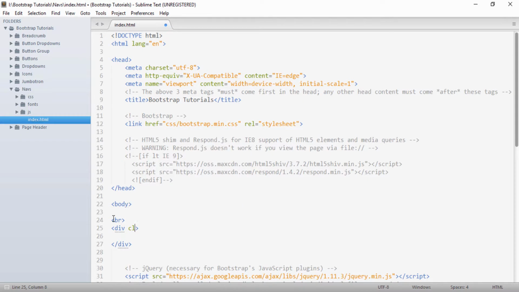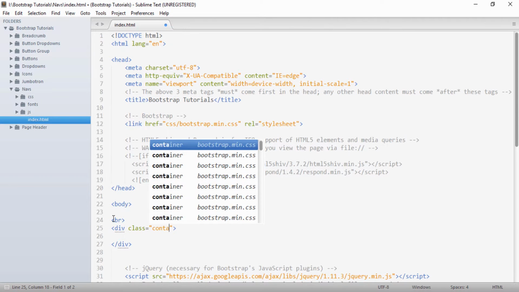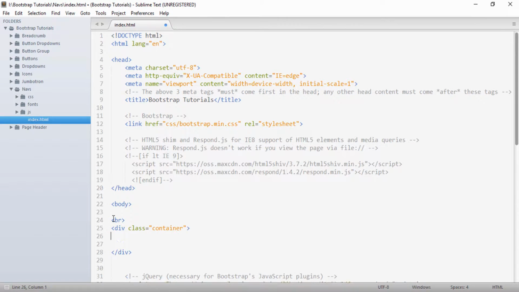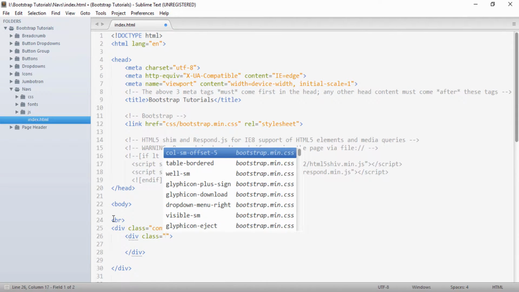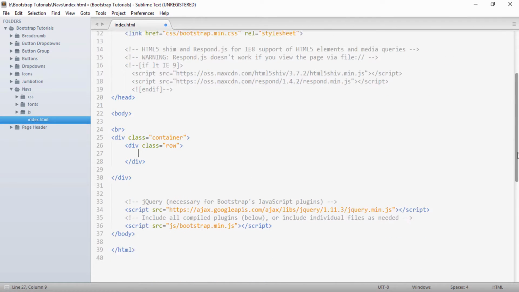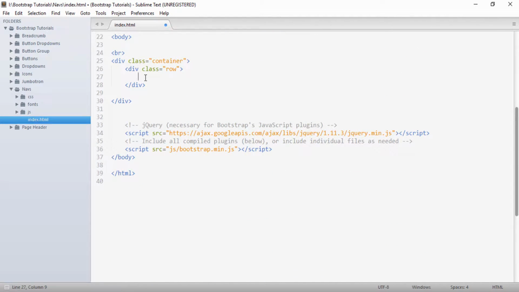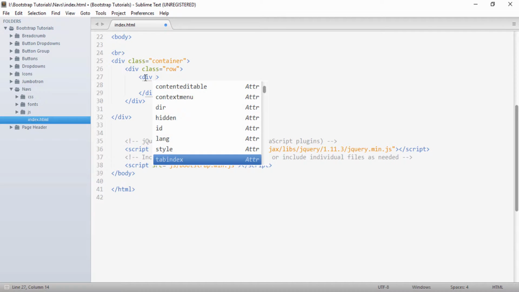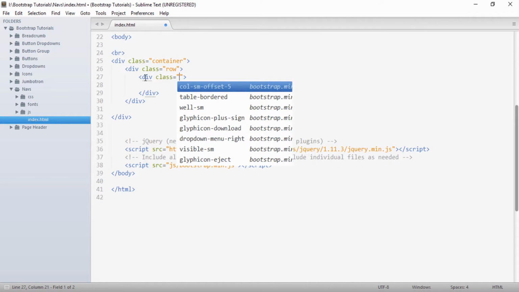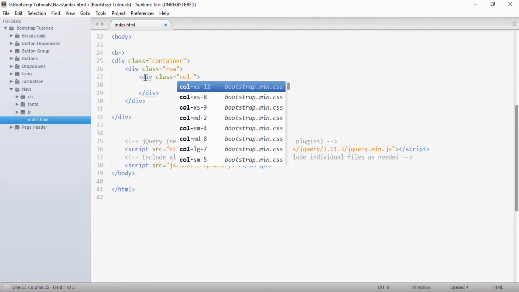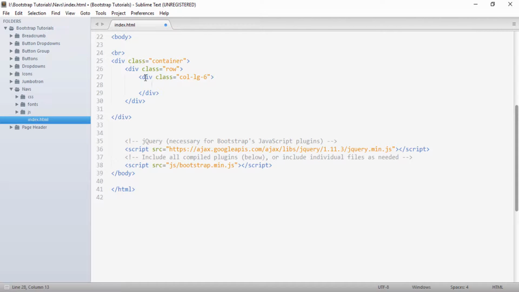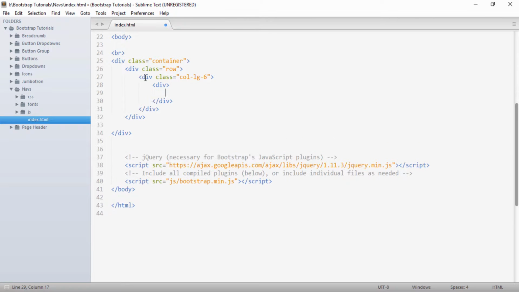To this div I will provide a class of container, and inside this container I will create a row, and inside this row I will create two columns having a width of 6 grid columns. So the column would be col-lg-6, and inside this column I will create a well,